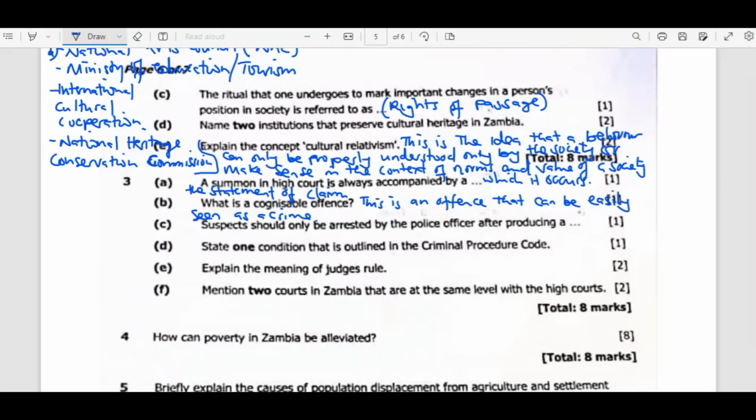For example, stealing, or robbery. Those are examples that we can give because you are able to notice and you are able to see them. And then C,